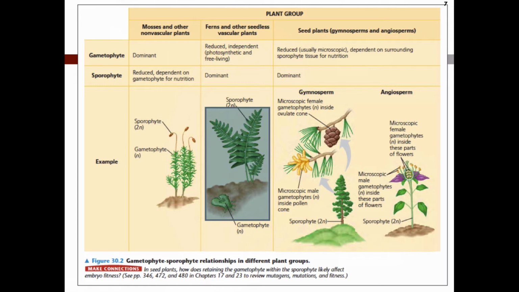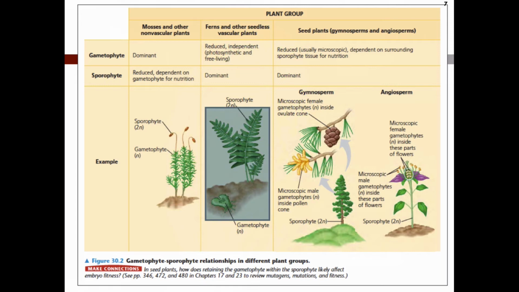In other words, you'll go through bryophytes, the seedless vascular plants, gymnosperms, and angiosperms. As you go through those, you will describe them completely, meaning what generation is dominant,